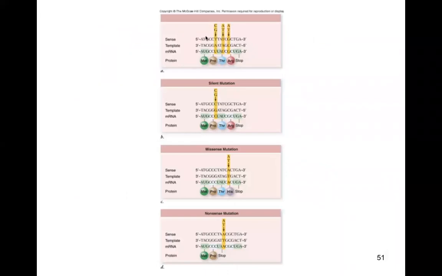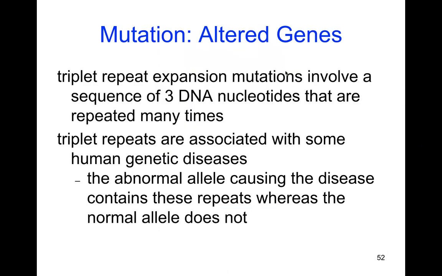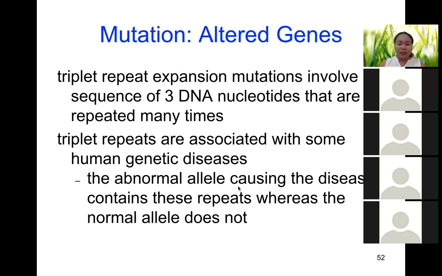As shown here, this is a silent mutation wherein you have the sense template and the protein like this. And this is missense mutation, and this is nonsense mutation. So there is a difference. And triplet repeat expansion mutation can involve a sequence of 3 DNA nucleotides that are repeated many times. That's why it's called triplet repeat expansion. And these are associated with human genetic diseases. So most of the human genetic diseases,